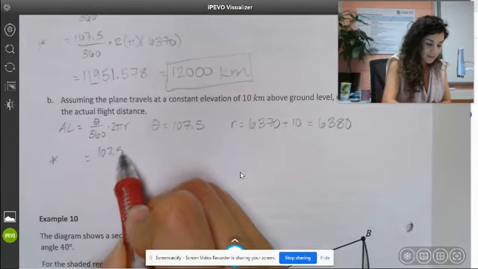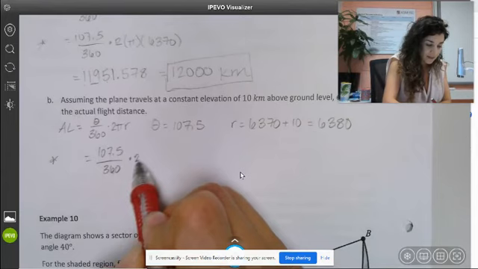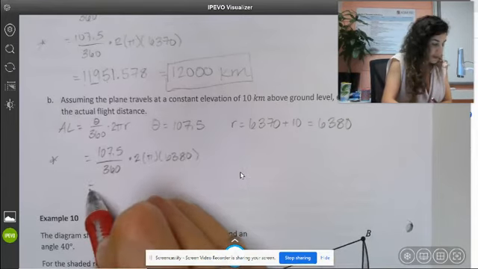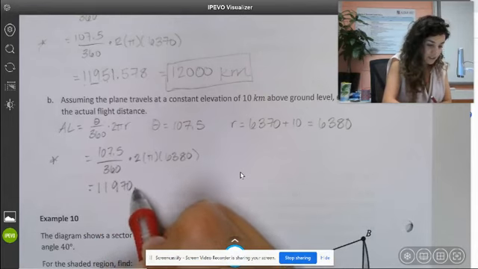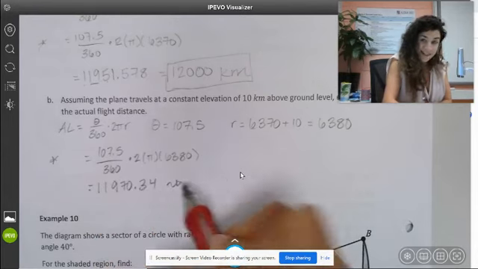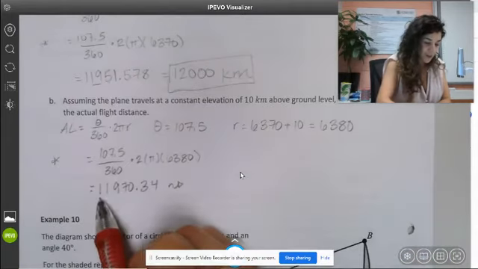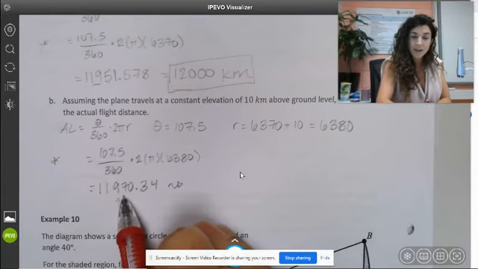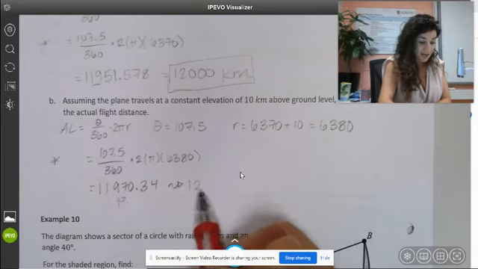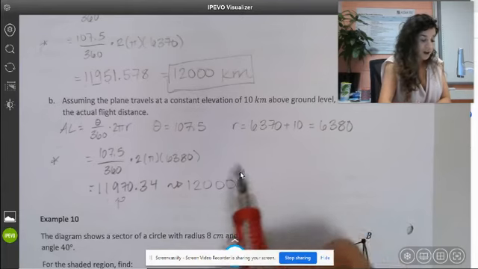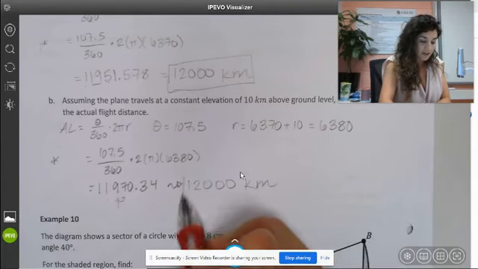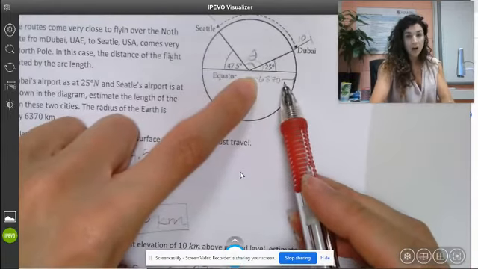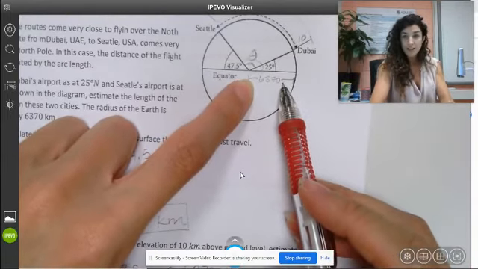Plugging it in. We should have gotten 11970.34. Rounding that to 3 significant figures, 1, 2, this is the third significant figure. Looking at the number after it tells us to round up. So again, it becomes 12,000 kilometers. And so this is just to show you that the radius of the Earth is already so long